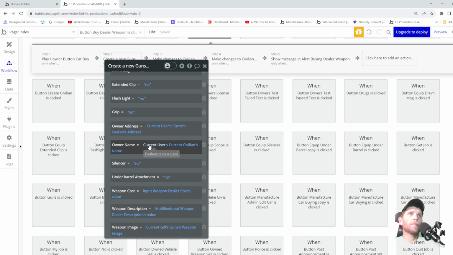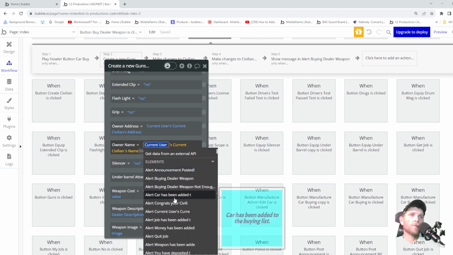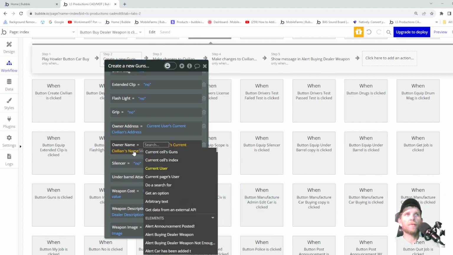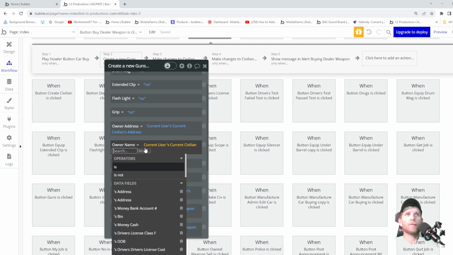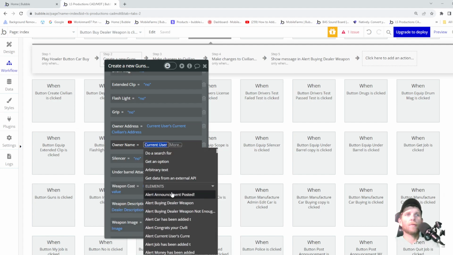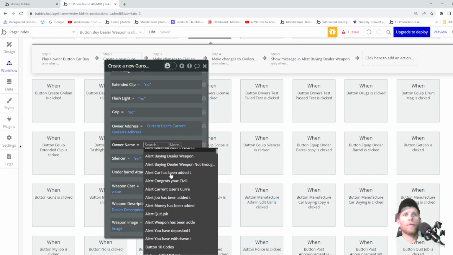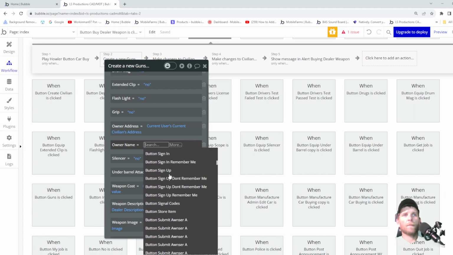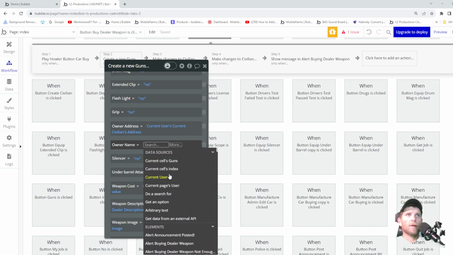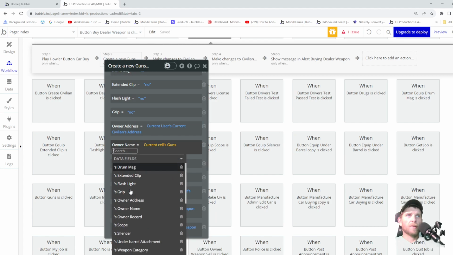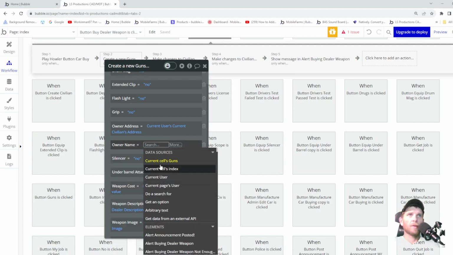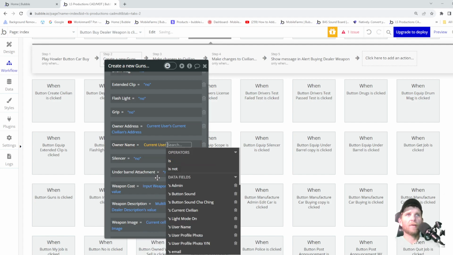Owner name. We're going to do owner name is creators. Owner name equals current sale guns. No, we don't want to do creator because that's who made it. We want to leave that current sales,